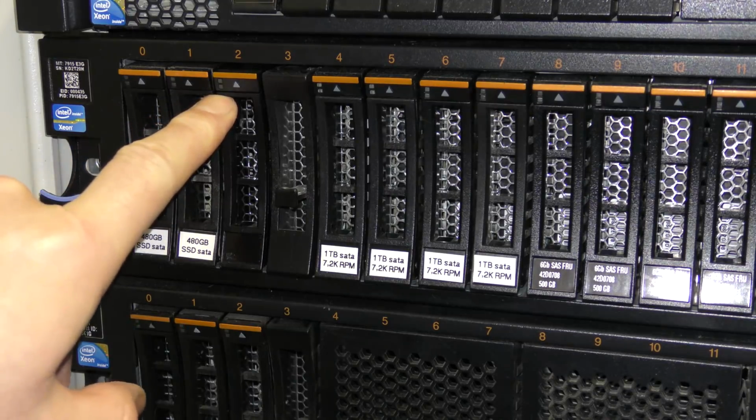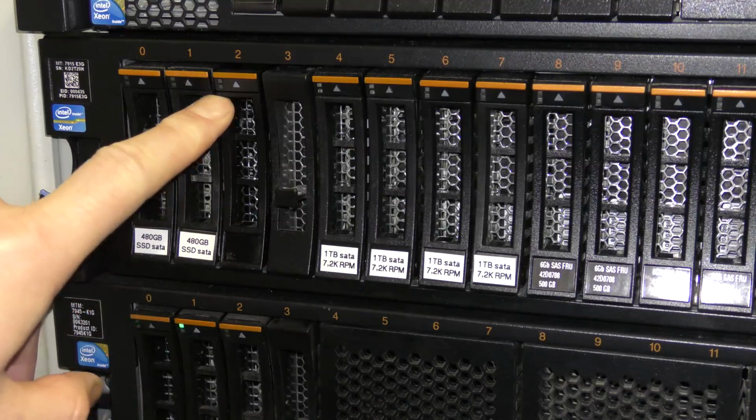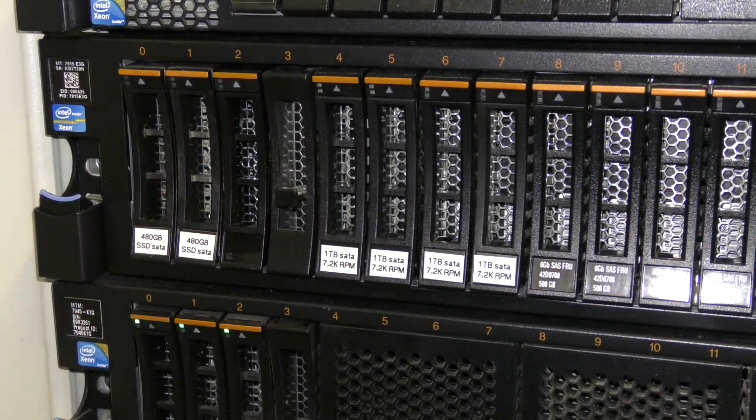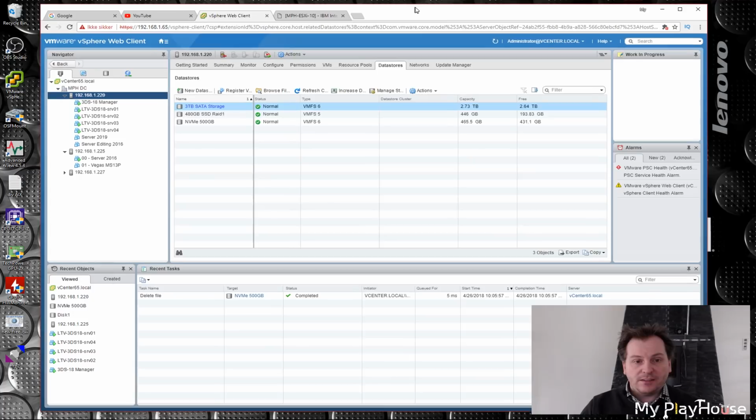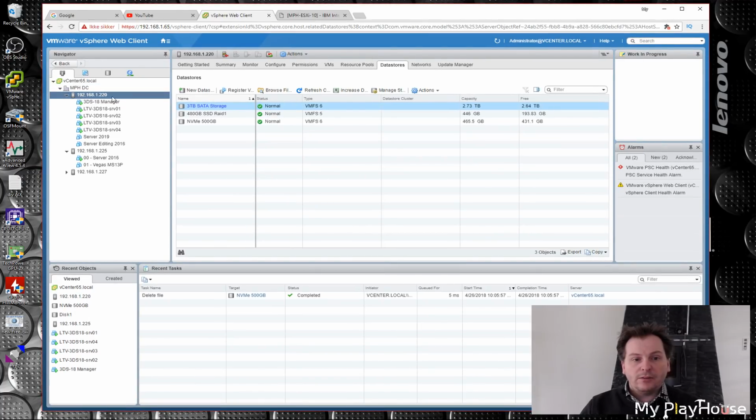Doesn't look like the server really looks at it. So, okay, we'll go to the computer and see if it sees anything there. Okay, here we are at my computer. Well, right now we are just looking at me, but there we are, my computer. I have opened up vCenter here, and I have the Lenovo x3650 M4 here, and we are looking at this